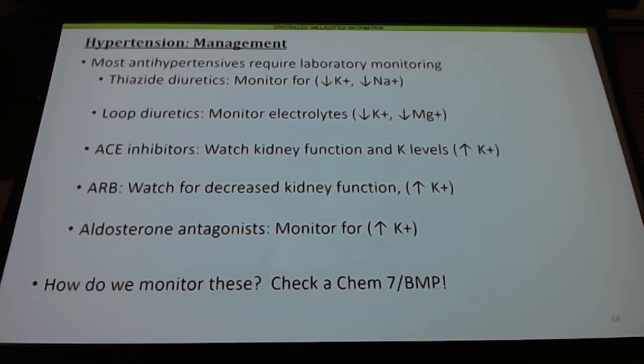So what do we need to do from a prognosis standpoint, from a monitoring standpoint, in addition to just checking their blood pressure at least once a year? Well, we've got to check their electrolytes, because all of the agents that we are going to put them on will affect their electrolytes somehow. And each one is going to cause a different derangement in their electrolytes. So we got to make sure that we are monitoring those derangements appropriately and intervening, because some of these can be